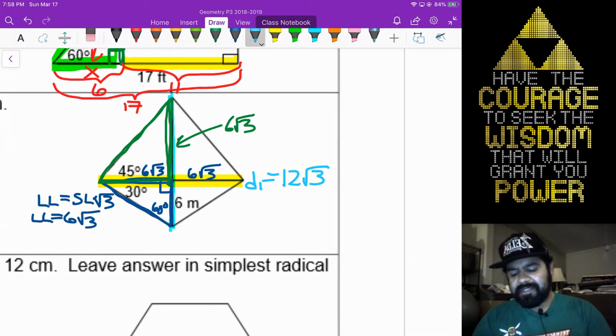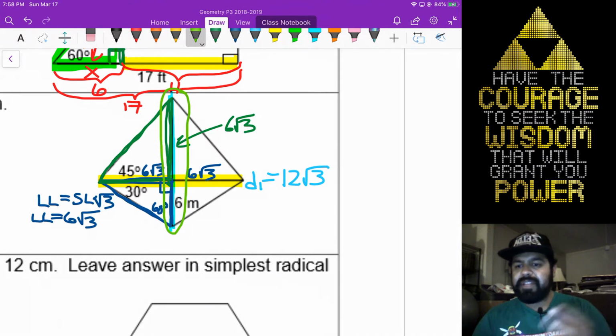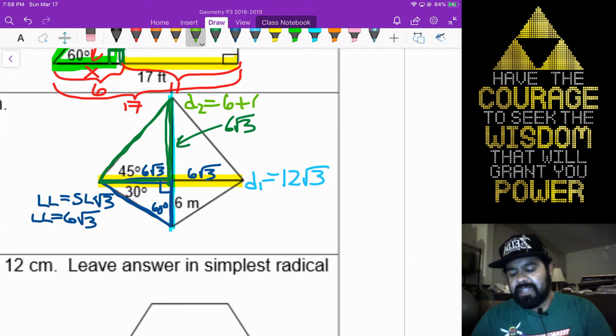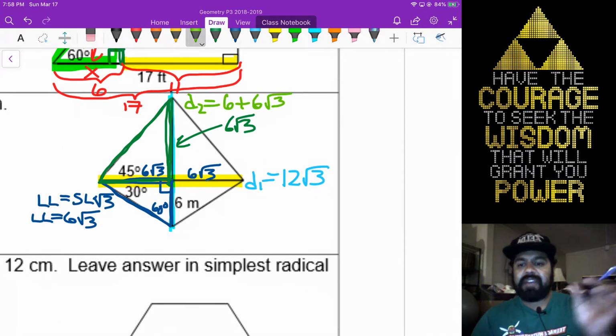The other one, however, is a little different because it has a radical with a non-radical. So when you're adding those two numbers, you don't add the 6's and then keep the radical. That's not how it works. It's again a thing of units. You think of it as 6 pencils plus $6, right? I can't actually combine the units. So this diagonal 2 is actually going to just be 6 plus 6 rad 3. That is the actual length. That is the exact answer.